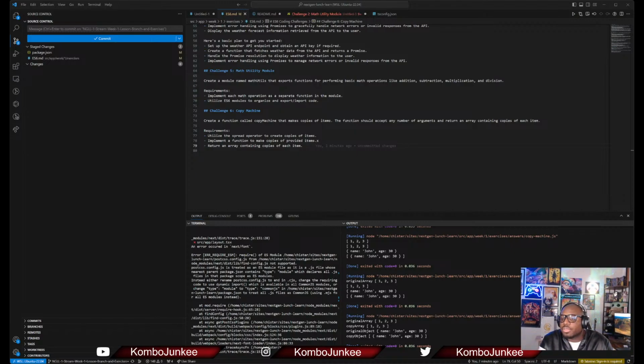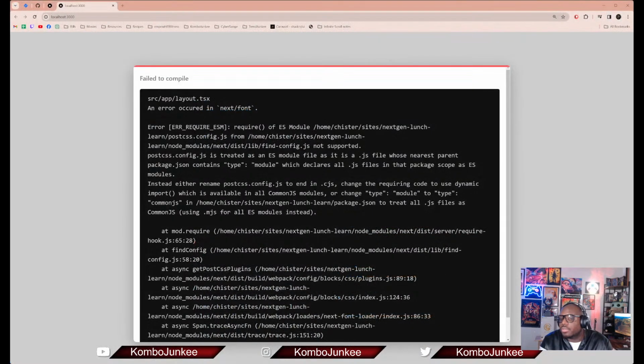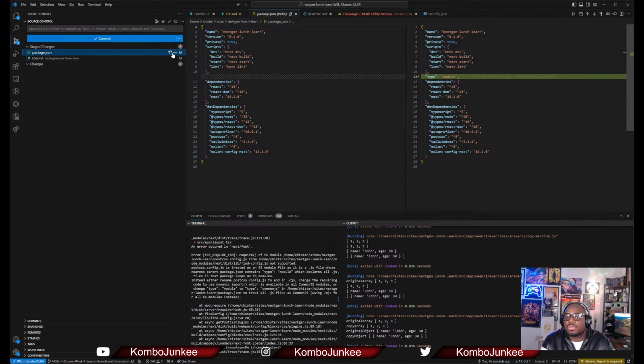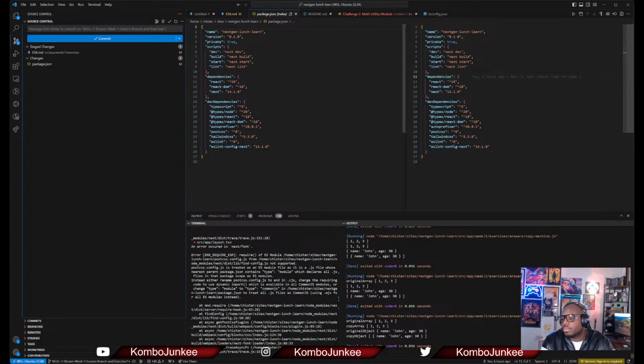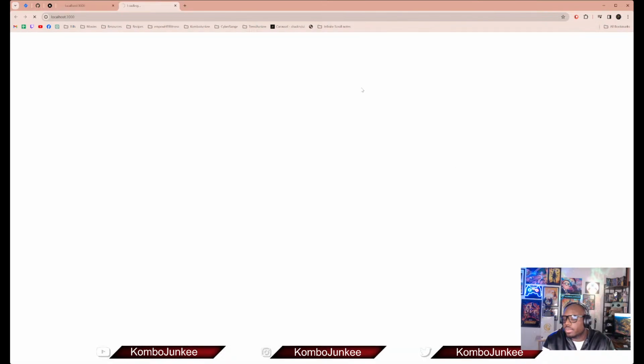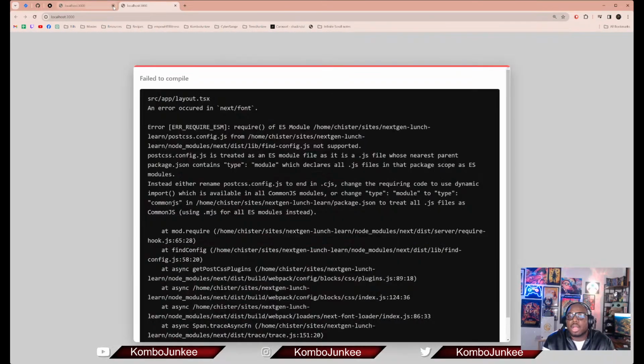So now, I think there was something off about that package.json update that I made. I just got this error in the browser when I tried to hit this home page. It could be that I broke the layout.tsx file, but it's saying the error occurred in NextJS. So I want to go back into that package.json and scrap that change, and see if that fixes it. If it does, then we'll need to rebuild though. Let's see if that fixes it. Nah, that's still broken.